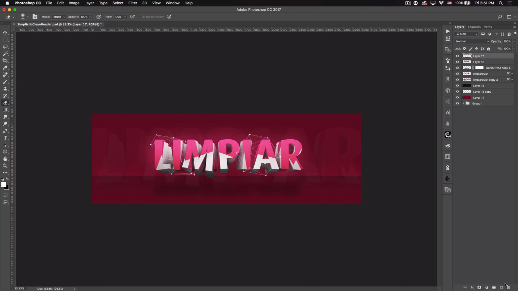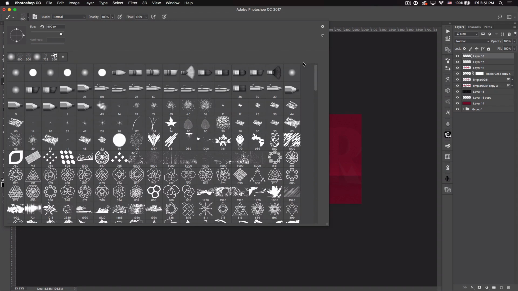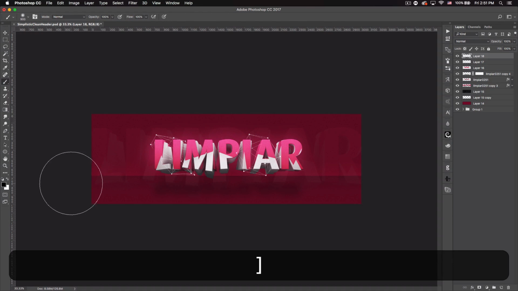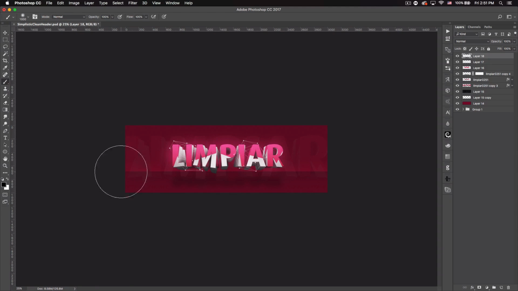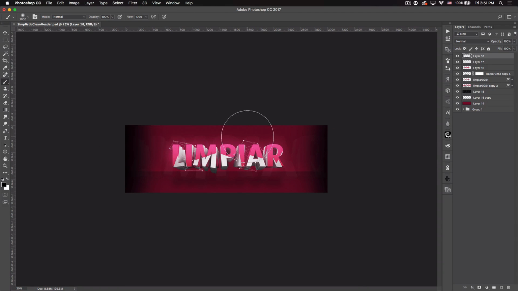So the first thing I'm going to do is create a new layer, and we want to get the brush tool again. This time we just want a normal soft brush. We'll be coming back to that Plexus brush in a bit. So let's grab a soft brush, make sure you have black selected, increase the brush size, and I'm going to zoom out a little bit because we're going to darken up the sides. So let's just go boom, boom, or you can do one side and copy and paste it over. Something like that real quick works, and then just decrease the opacity,